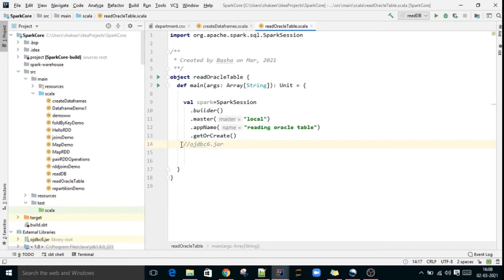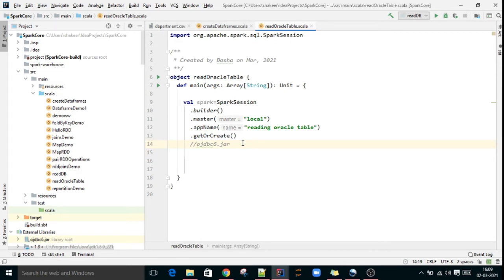The driver is an intermediary between Spark and Oracle DB, and it will convert the Spark code in such a way that the database can understand. So this is the OJDBC6 driver we need to download.